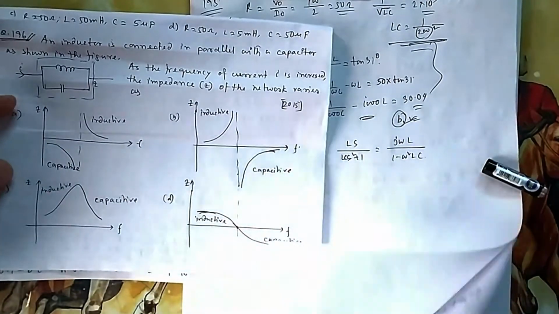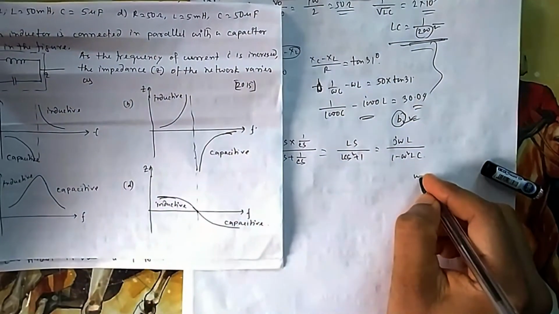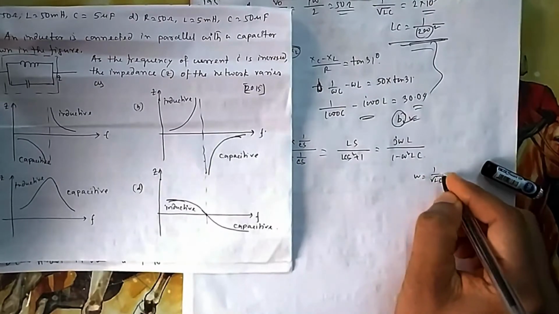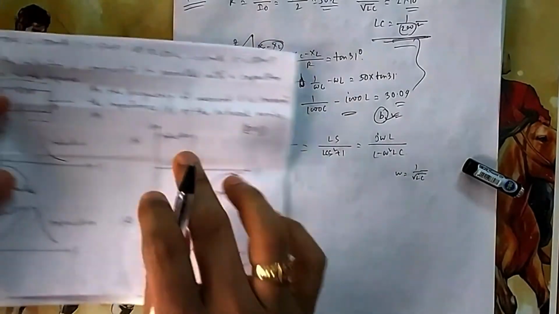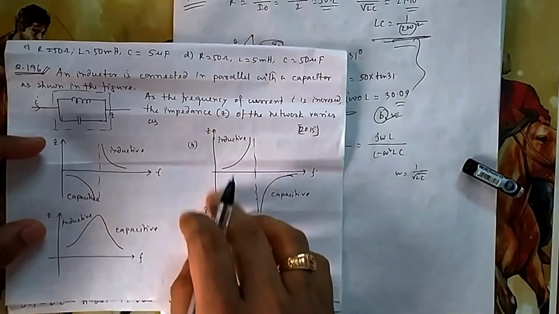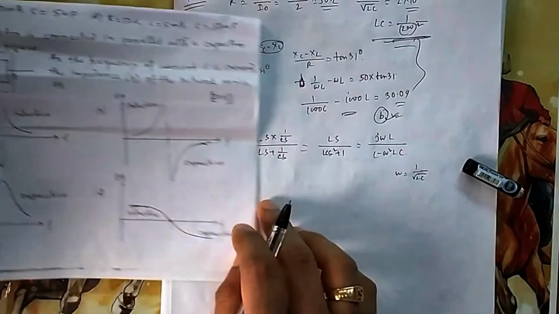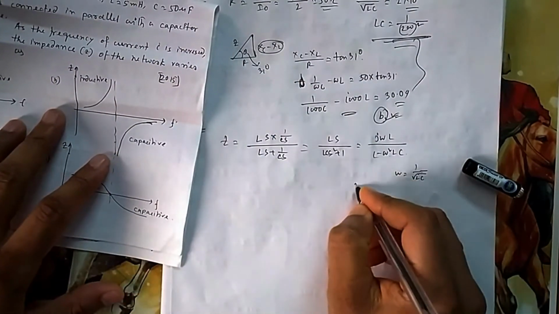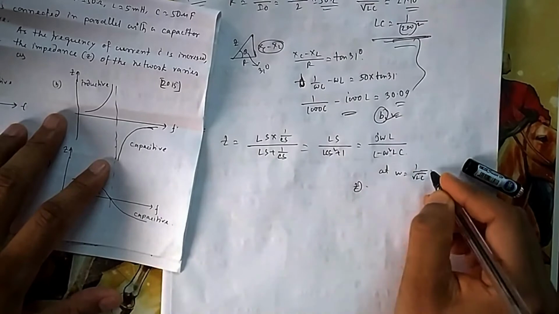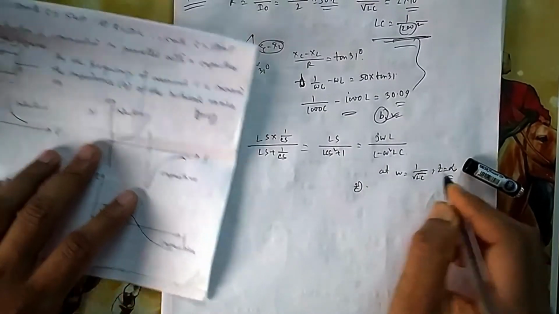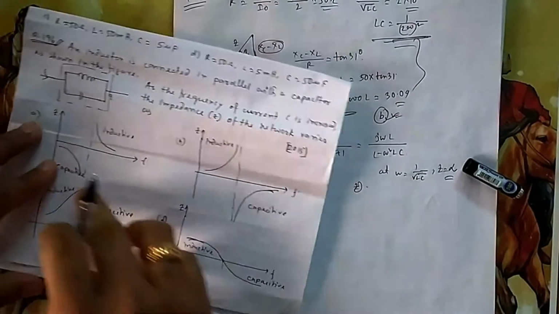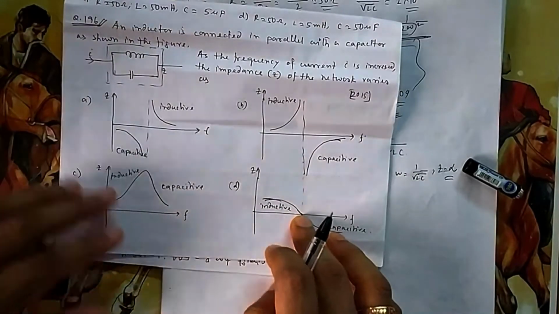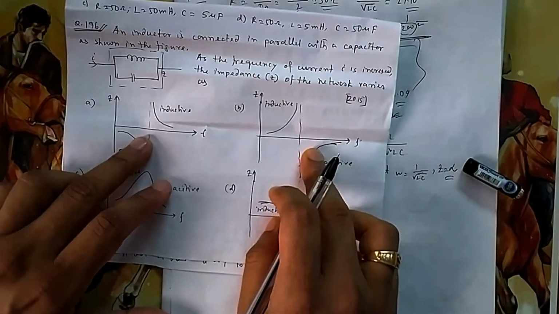Now you can think of, at some point, omega is equal to 1 by root LC. If I put this, then this will be 1 minus 1, 0. So at some point your impedance Z, you remember which plane it is, it is impedance with respect to frequency, will go to infinite. At that point omega, Z should be infinite. But here it is not infinite. Here it is 0. So these two will not be the answer. Obviously this one will be the answer.